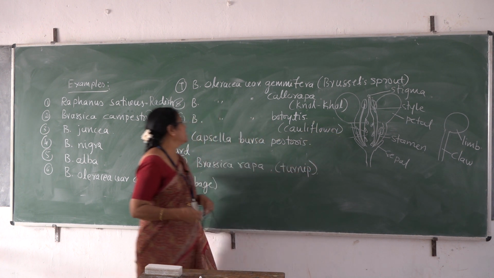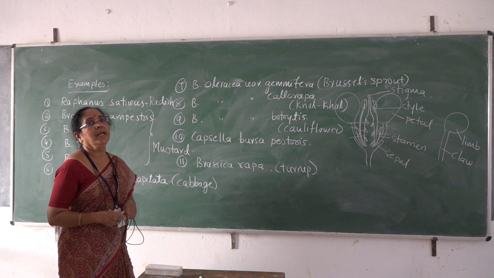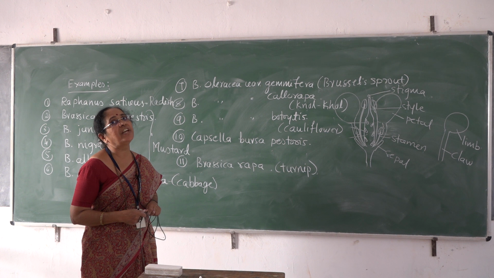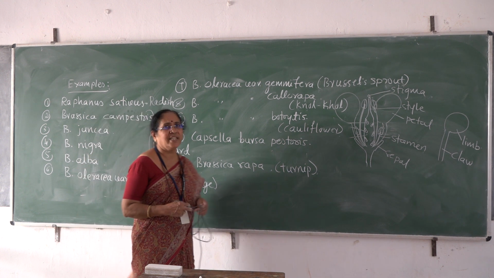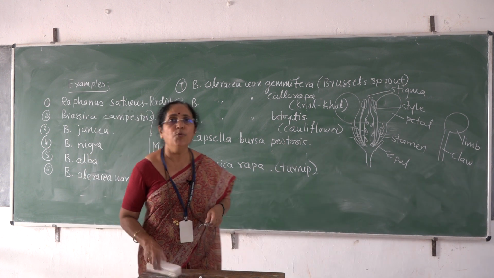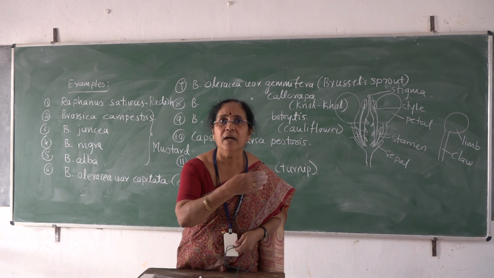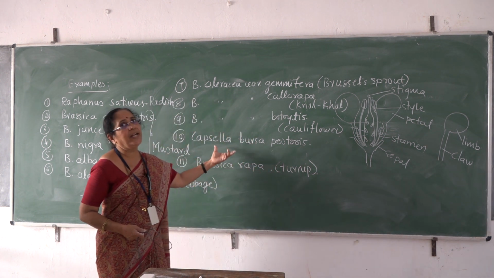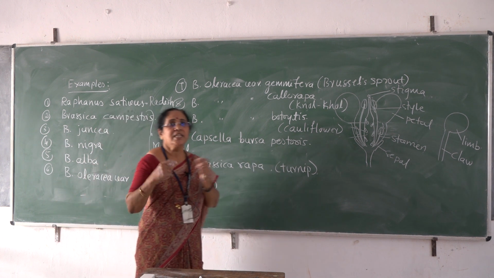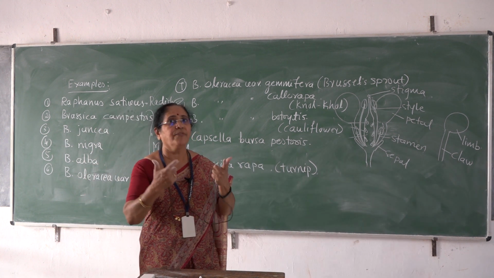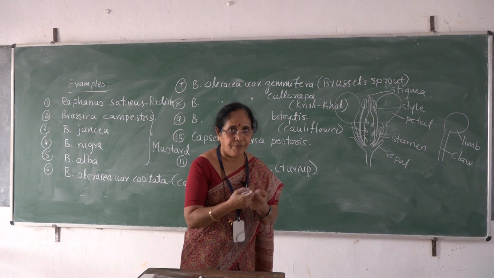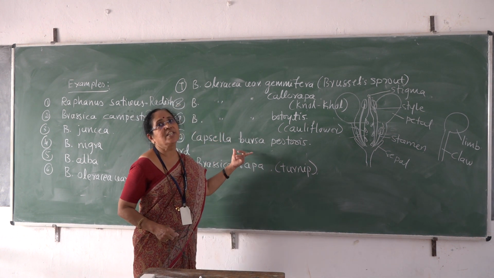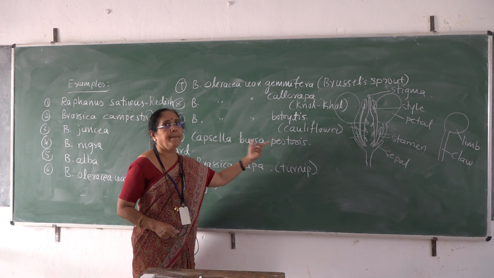Cauliflower plant name is Brassica oleracea variety botrytis. Capsella bursa-pastoris is called shepherd's purse. It's a white plant commonly available in Ooty Botanical Garden and the Kerala belt. We find this as a white plant which produces nice shepherd's purse-like fruit. The shape of the purse of shepherds resembles the fruit, so it is called shepherd's purse plant, Capsella bursa-pastoris.